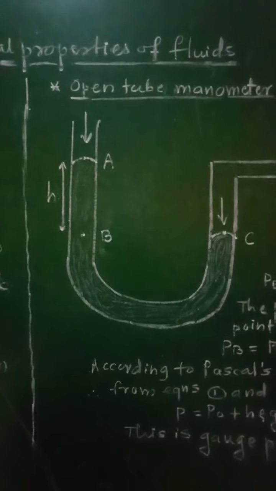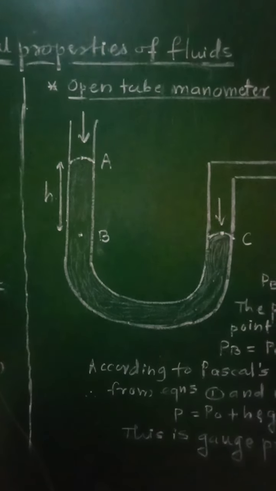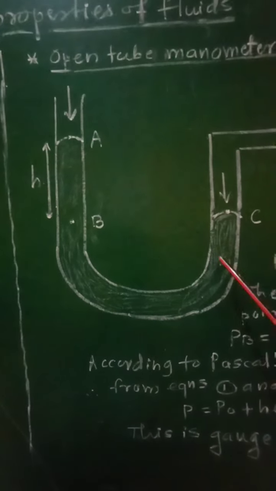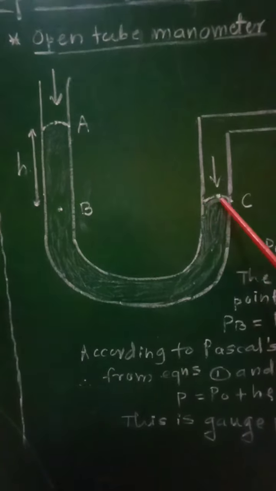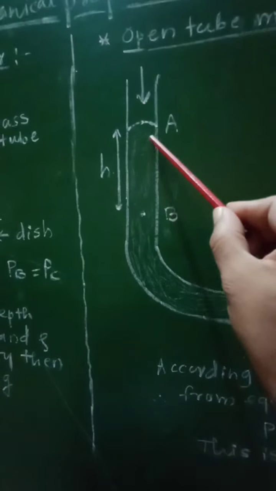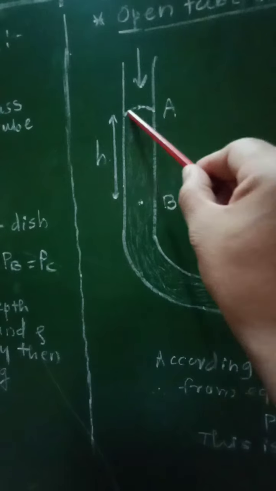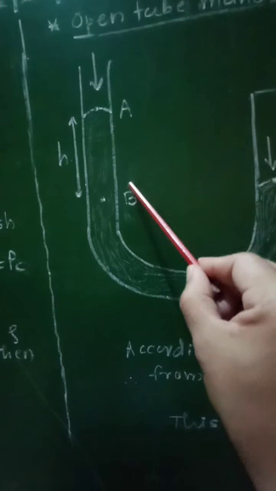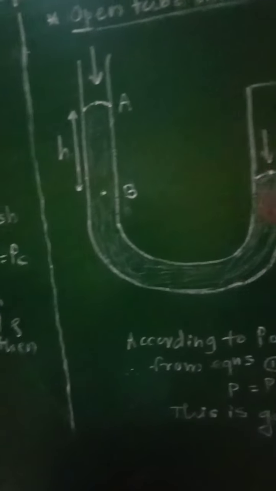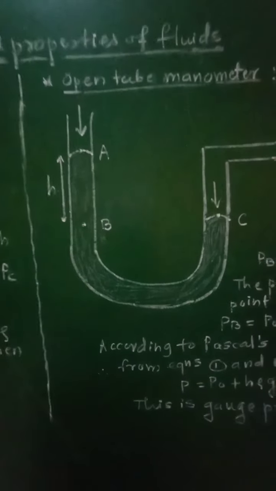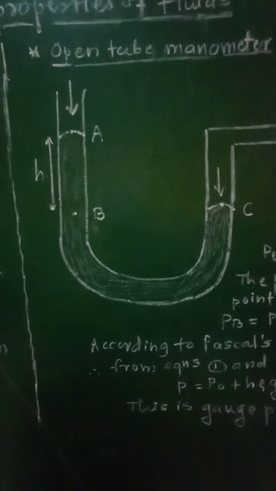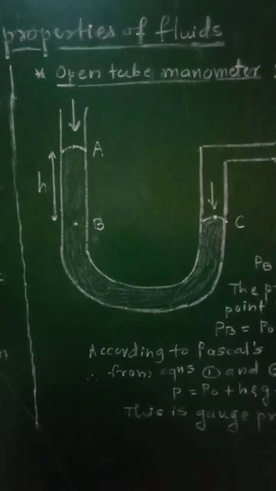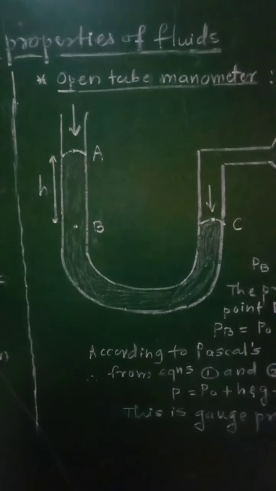Then this gives the large level difference between the level of liquid in the two arms of that manometer. So if you consider this U tube, the level in this arm is up to point C, while the level of liquid in this open arm is up to point A, and therefore this will be the level difference between these two arms, and it will happen only when a low density liquid is filled in the arms of that manometer. Then one of the arms of the manometer is kept open to atmosphere